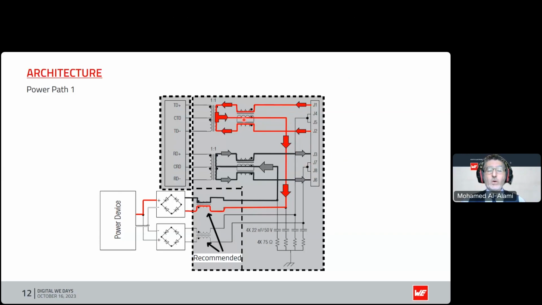One very important point to keep in mind is this trifilar common mode choke. This is for your information, something that's quite useful. There is a balance here. You can see the two currents here would be equal naturally to the current coming through. So there is no saturation of this trifilar common mode choke as a result of the power currents.